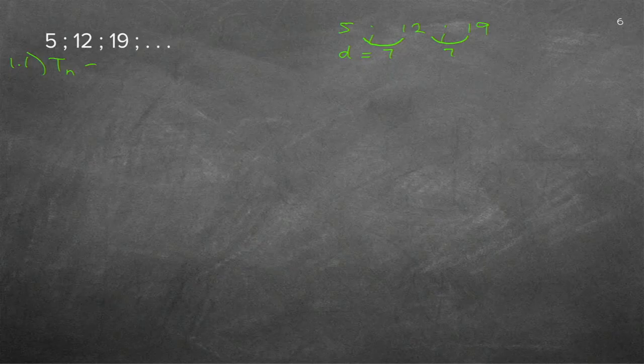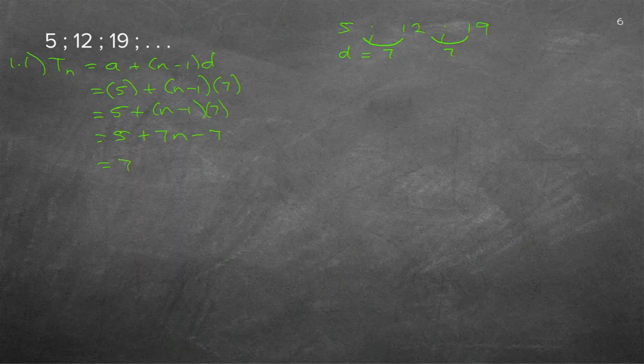That means I must write down this formula, a plus (n minus 1)d. You agree? Now, if I write this down, I must fill in what I have. I do have the a, which is just 5, plus (n minus 1). I do have the d, which is 7, and there's my formula. I can either just use this one like it is, (n minus 1) times 7, put that in brackets, or I can multiply it out, and then it gives me 5 plus 7n minus 7, and that gives me 7n minus 2. So Tn would be that.